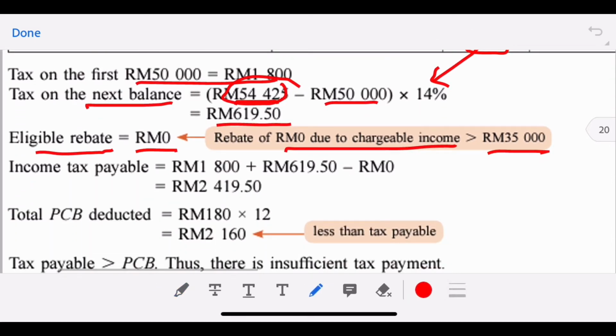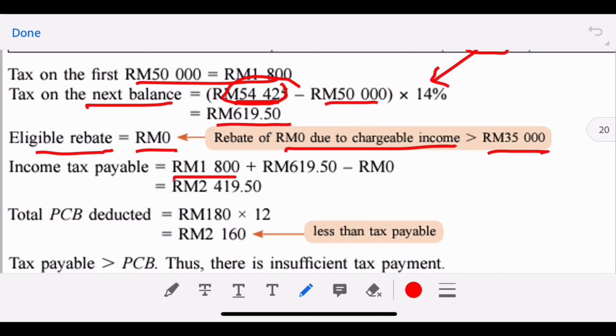So the income tax payable will be 1,800 plus 619.50 and minus 0 for the rebate. So total income tax payable by Mr. Lim should be 2,419.50. However,